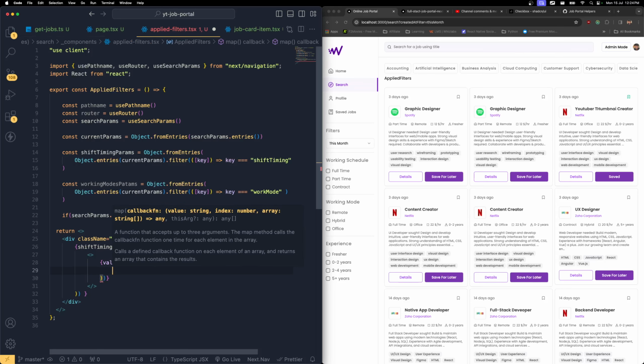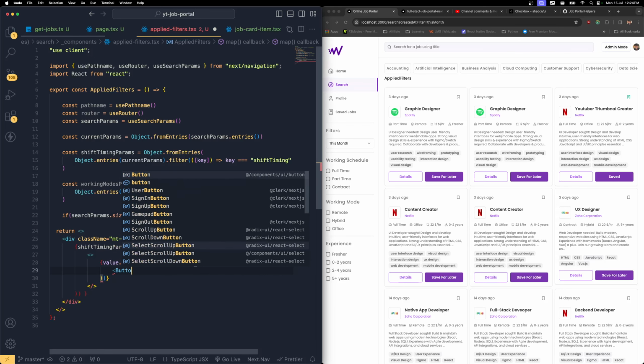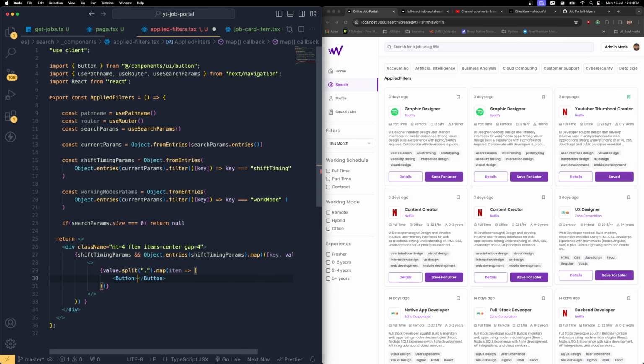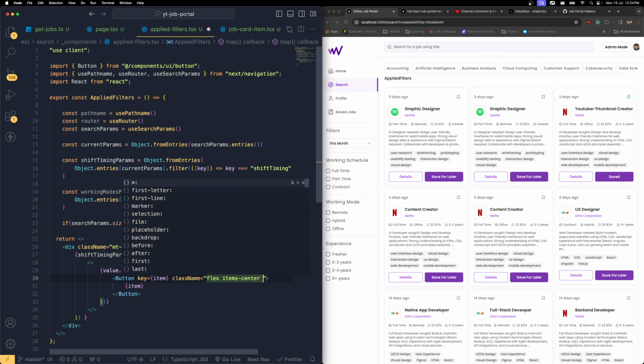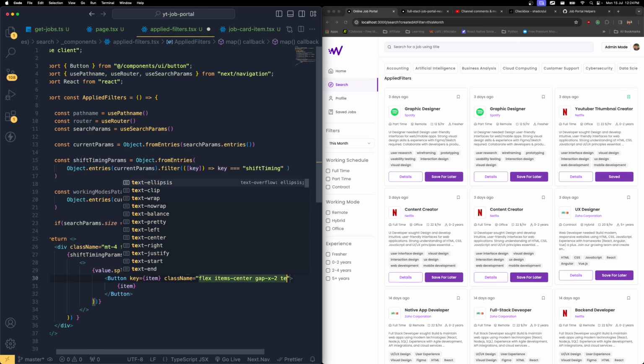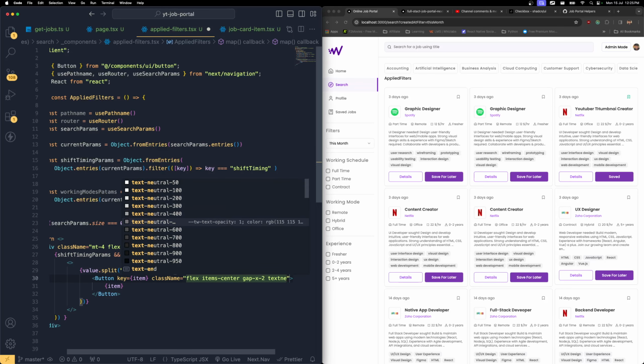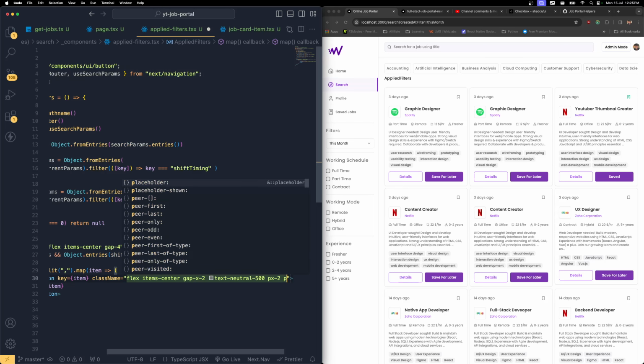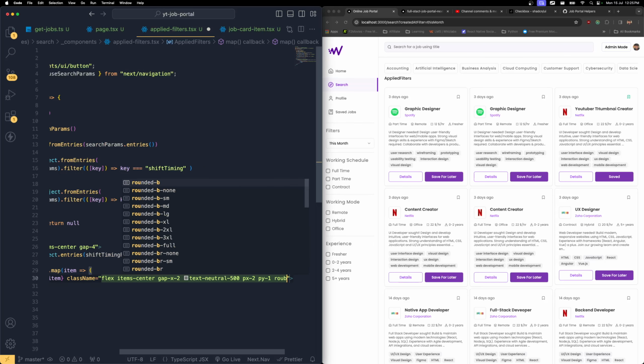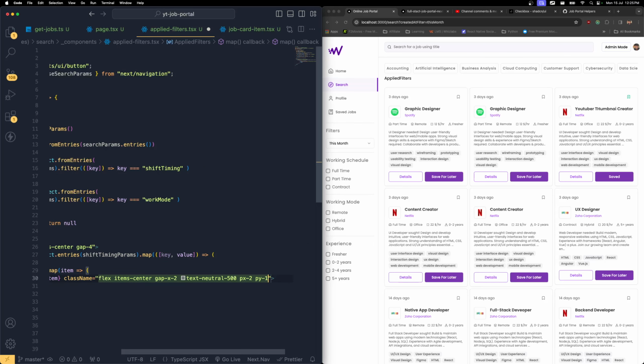Here I'm going to display a button. So I'm going to bring a button from UI components, and inside here I'm going to display the item. The key for this button is going to be the item itself. And the class name is going to be flex, items-center, gap-x-2, and text neutral-500, px-2, py-1, rounded-medium,